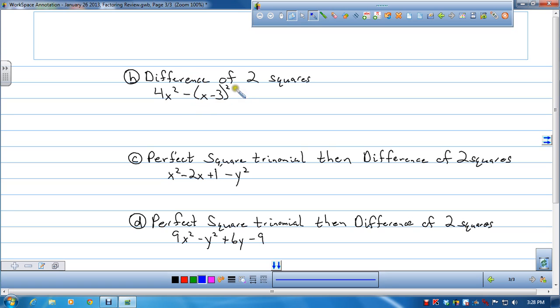Now, another difference of two squares here. It's the same thing. I've got something right there that I am squaring, and I've got something right here that I've squared. So if I go and try to factor this, then what I can do